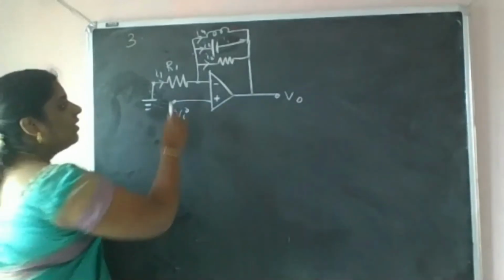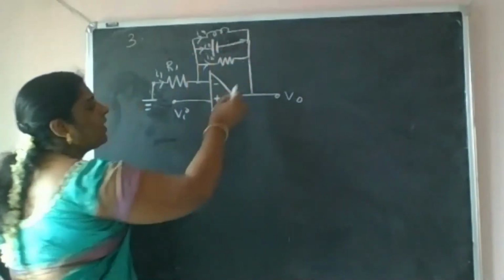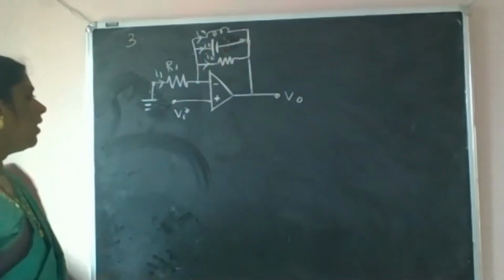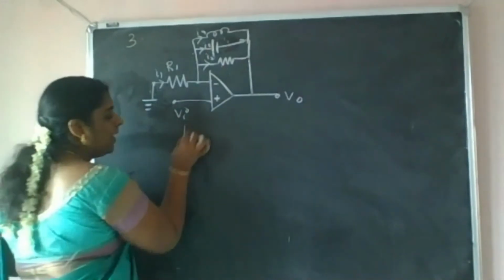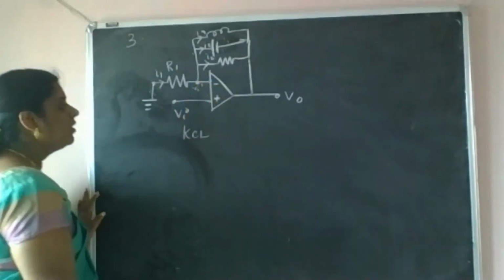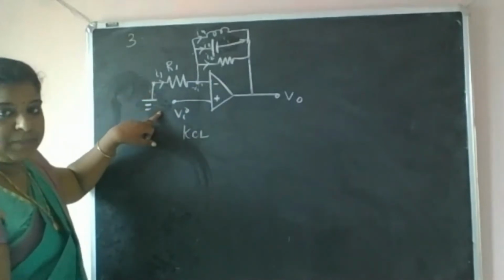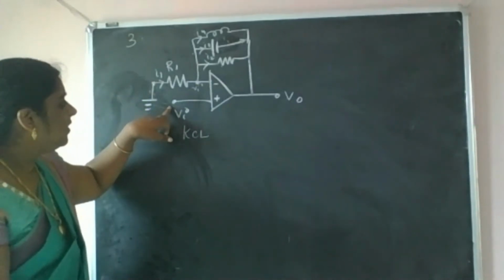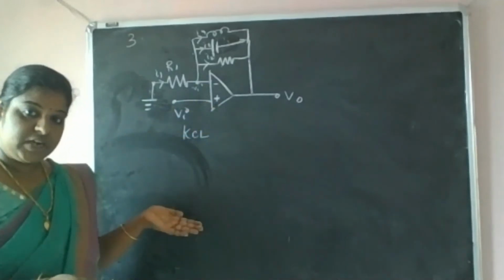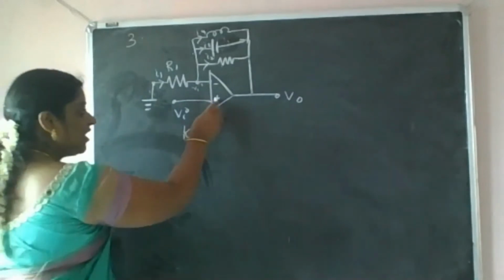So here we have four discrete components. In the outgoing branches, we have an RLC circuit, right? Again, the first step is to apply KCL at this node. Let us take this node as Vi dash. Here the given circuit is a non-inverting amplifier, because the input is connected to the positive terminal. So far we have seen the inverting amplifier.